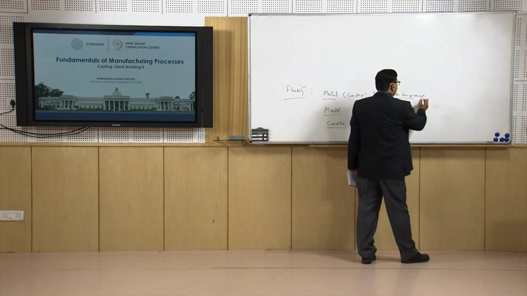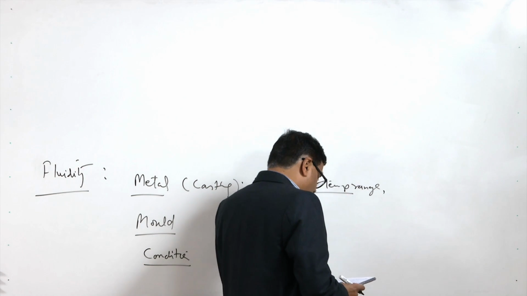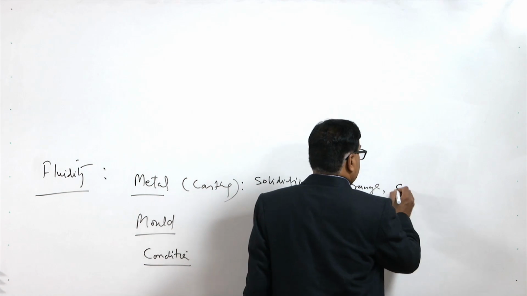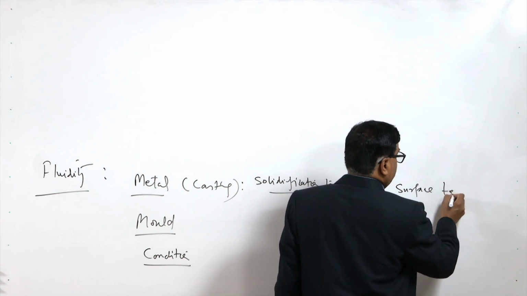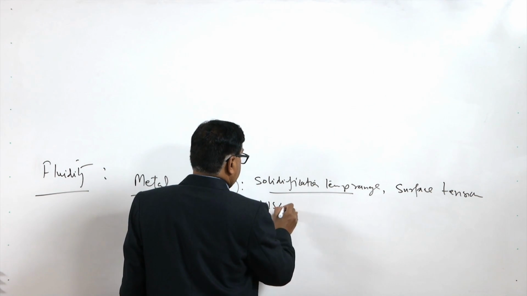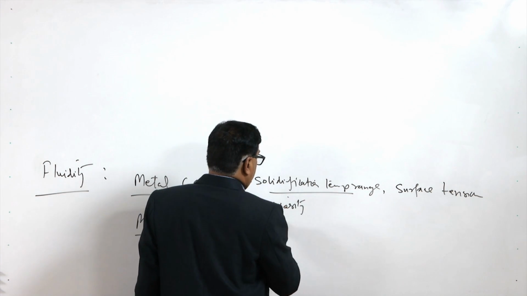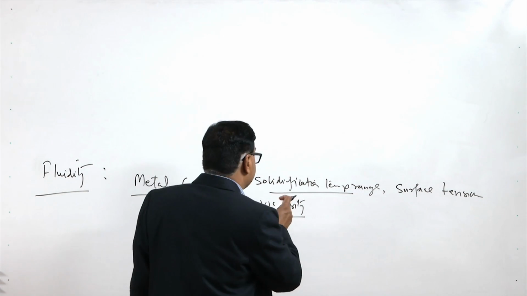So, solidification temperature range is one, and then surface tension. Lower is the surface tension, greater will be the fluidity. Viscosity, lower is the viscosity, greater will be the fluidity of the molten metal, and it is affected by the